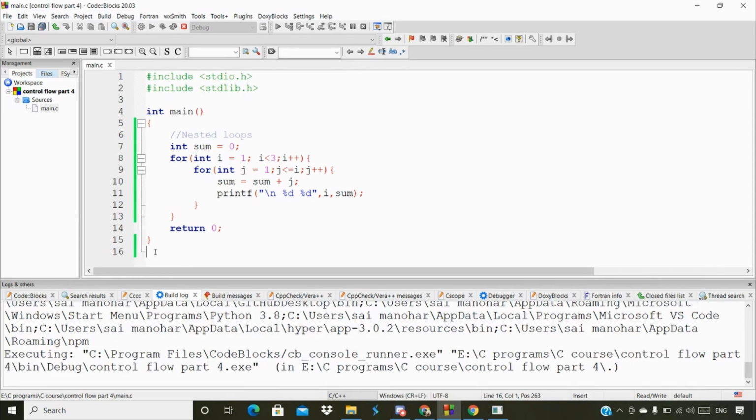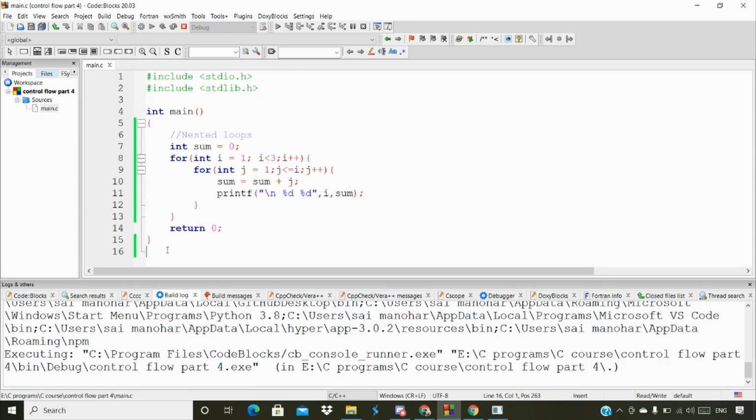I'm going to explain it right now. So first, we already discussed the for loop, how it works exactly, in our previous class. If you haven't checked that video, please do check that video and then come back here so that you get some more clarity about the for loops. So here we actually have written a for loop inside one more for loop, isn't it?